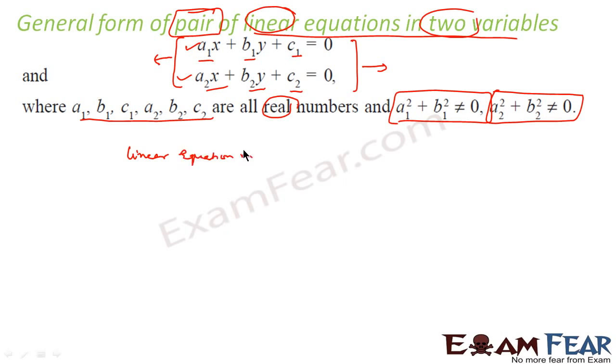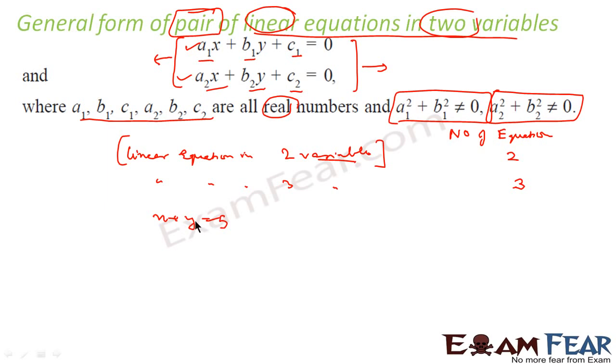equation in two variables, if you want to find the solution for a linear equation in two variables, the number of equations required is 2. Similarly, for linear equation in three variables, the number of equations required is 3. It's a general truth. Let's suppose we have x plus y is equal to 5. If you want to know the unique value of x and y which satisfies this, you can't find it. For this, you need one more equation, any equation, for example, x minus y is equal